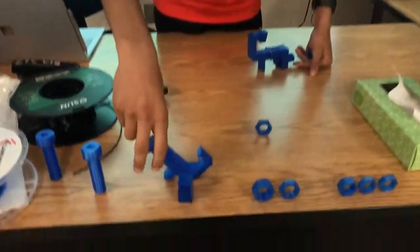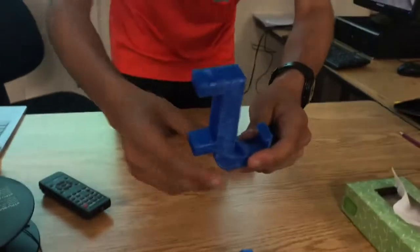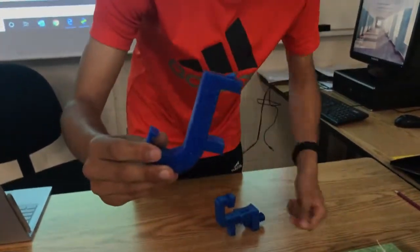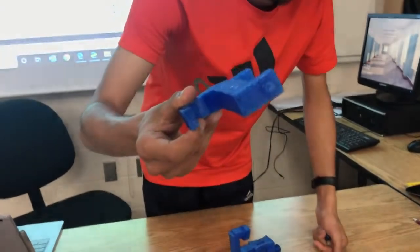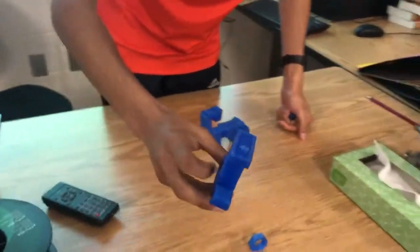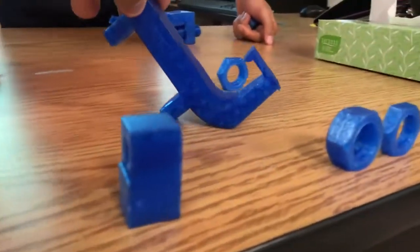So then I didn't change much to it, and then I just printed the whole thing again. But the screw actually got stuck inside because it wasn't the right size. I think it was too big. And then I also noticed that your hook here,